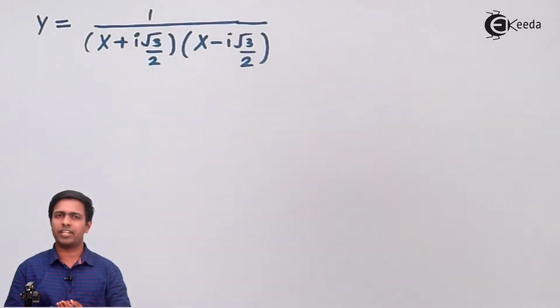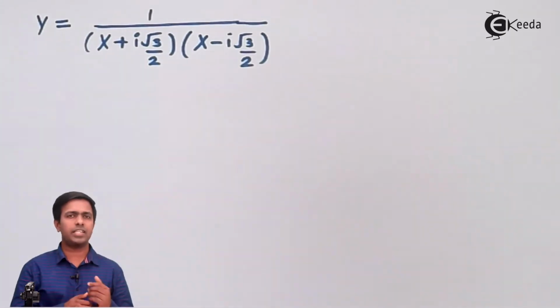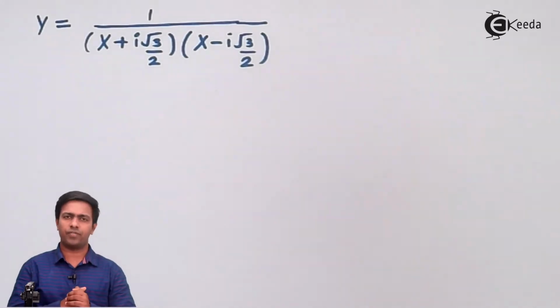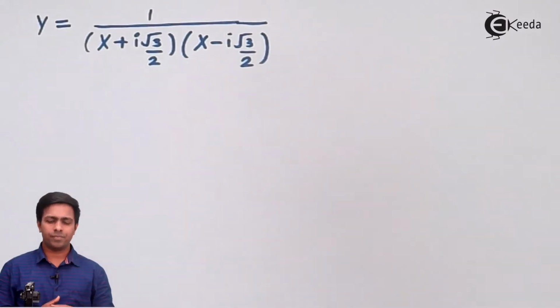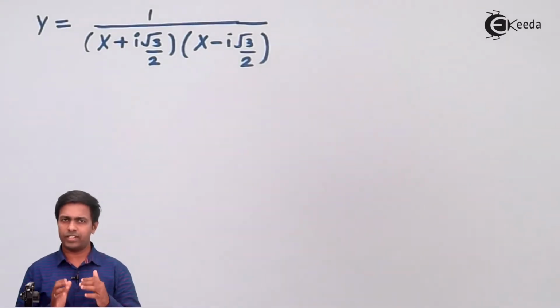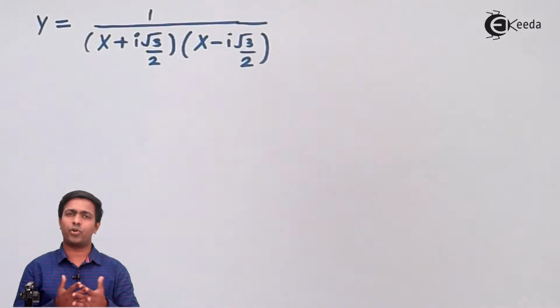So guys, to get the partial fraction, you know the method. If you don't know the method, then you have to go back to my videos of partial fraction which I have taken for the diploma students, and you have to revise it back and find out the partial fraction of this term. But since we are learning this chapter in engineering degree, we'll find out the partial fraction of this term directly using the method of adjustment.